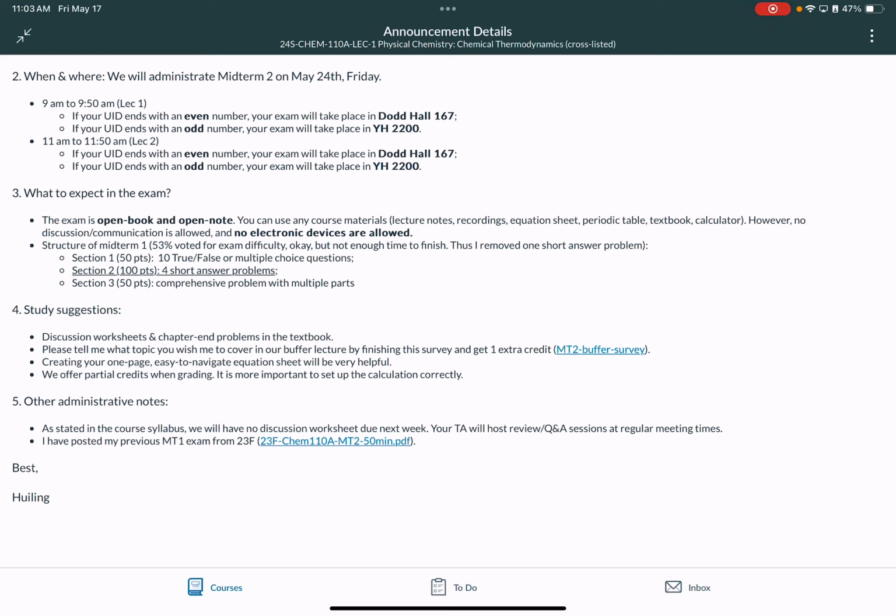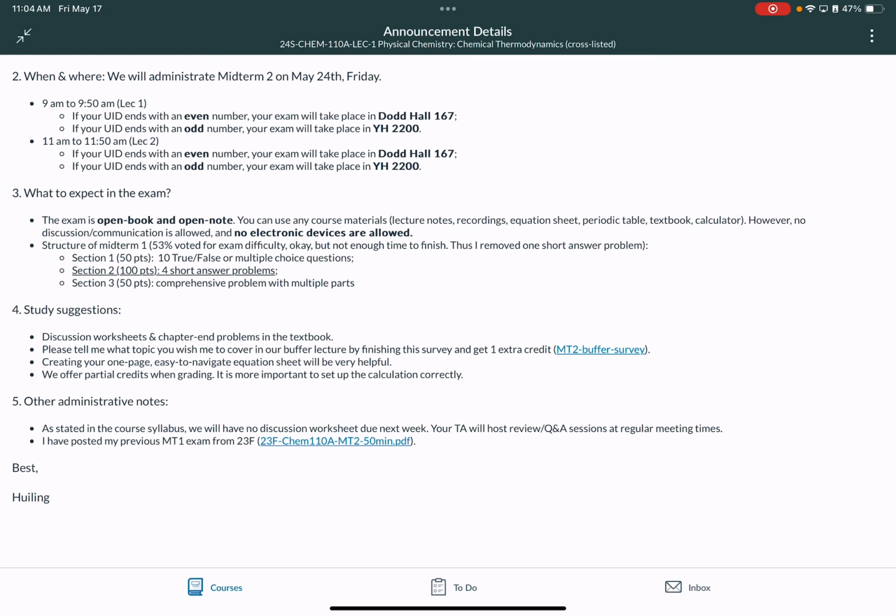But keep in mind, we only have 50 minutes. So if you select everything, I have to make a choice, right? Please select only up to 3 topics. I'll try my best to cover as much as possible. Also, I highly recommend you come up with your own 1-page equation sheet so that you know where to refer to. As we mentioned in our last lecture, whenever you put down an equation, make sure you also put down the conditions of that equation and what the terms in that equation mean, so that you know when and where to use those equations.